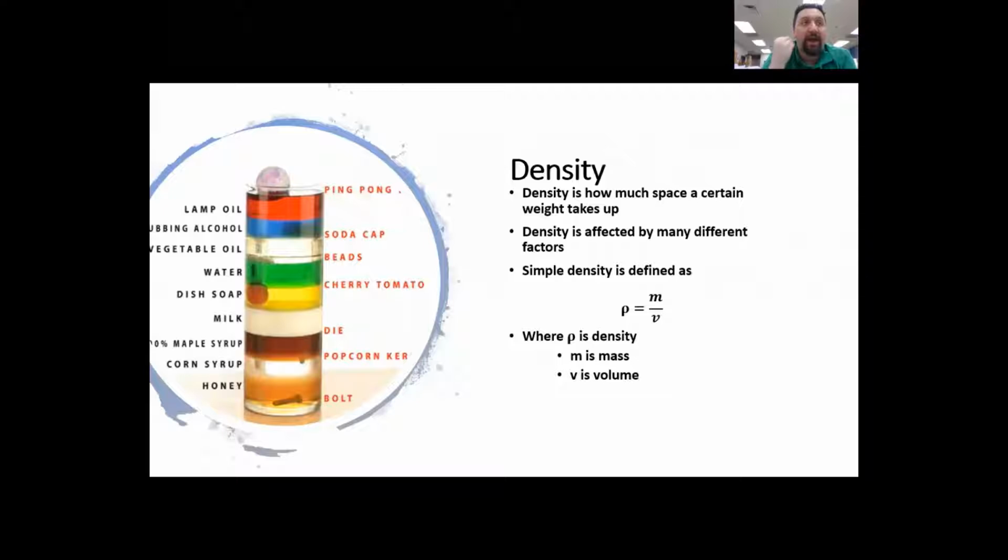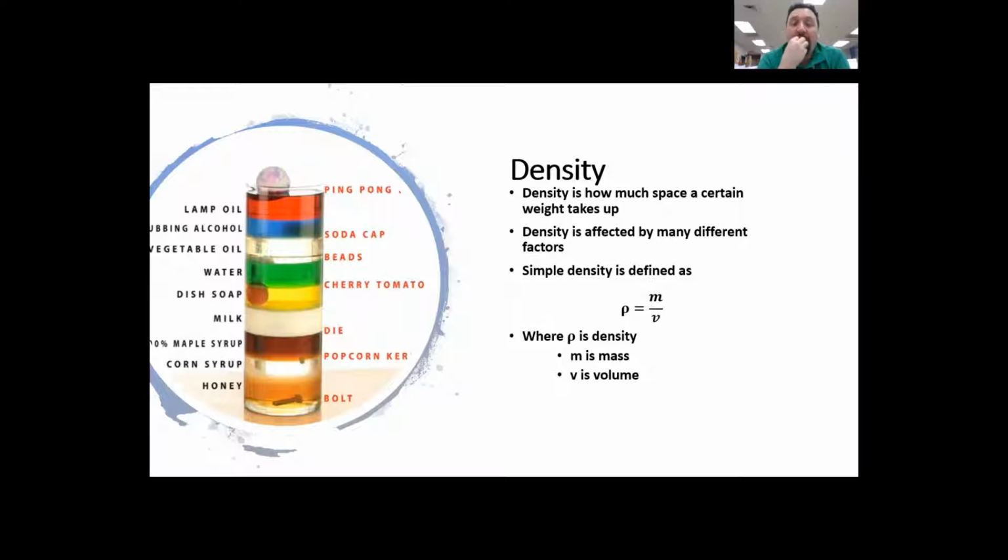Density is how much space a certain weight of an object takes up. Dense objects include metals, which are very heavy for a small amount of space. A low density object would be like styrofoam. A whole big space can be taken up with very little weight or mass behind it. Density is affected by different factors, the compounds, the compression,